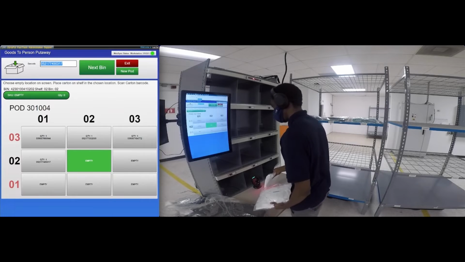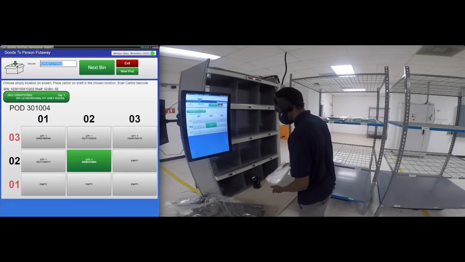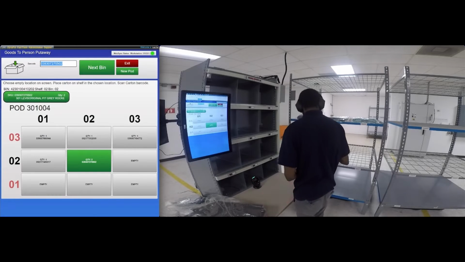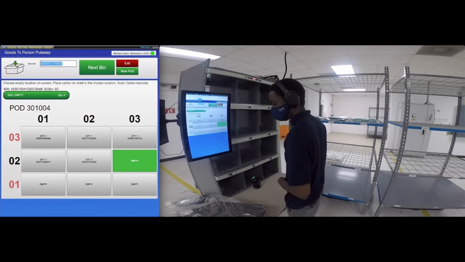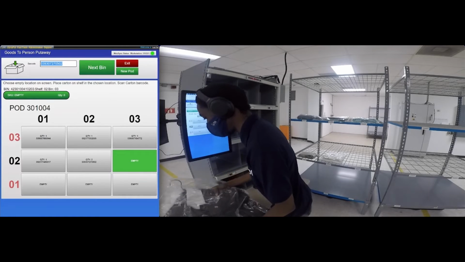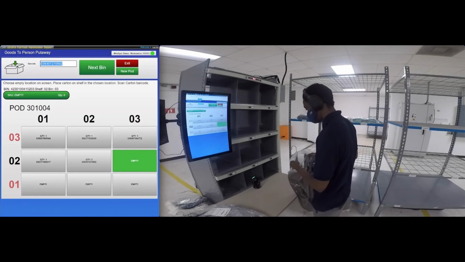Another thing to mention with the put away screens: you could put away single pieces, and you can also put away cartons. And with these single pieces, information would have to be passed through on the item master side in order to send over the definitions of